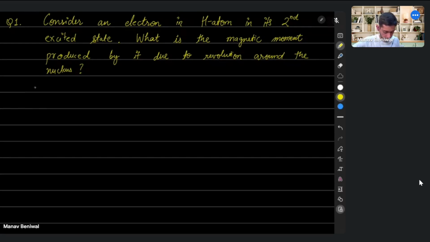All right, so this is our first question. We are given an electron in hydrogen atom in its second excited state, and what we are asked to calculate is the magnetic moment produced by it due to revolution around the nucleus. And our options are